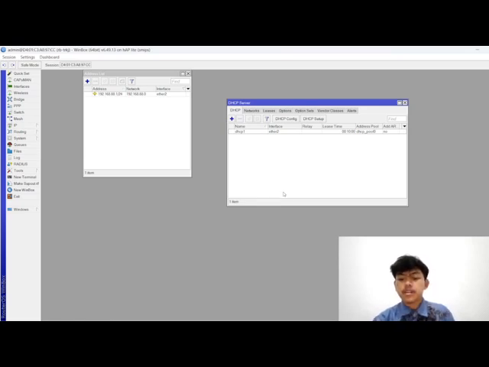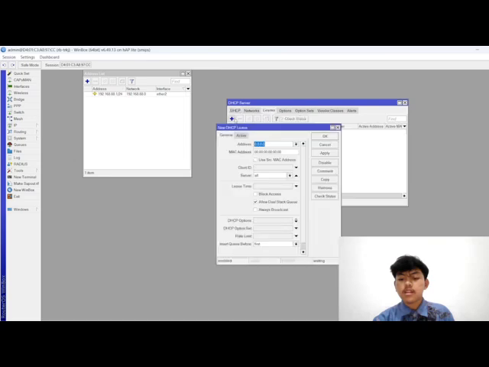Make sure the laptop is set to DHCP mode. To make the laptop always get the same IP, we add a static entry from the IP list.